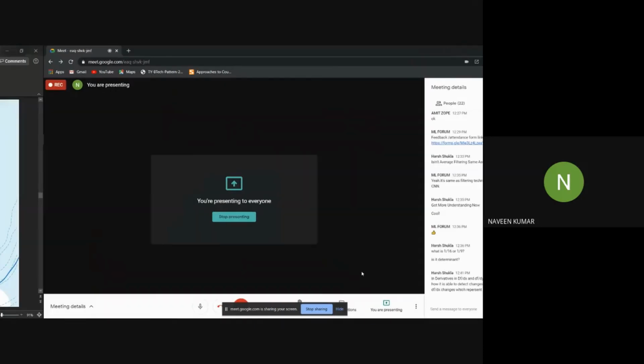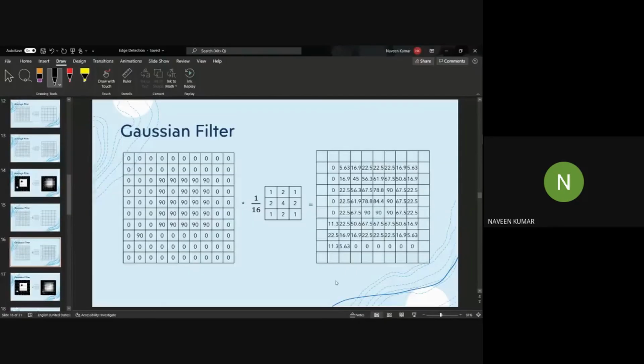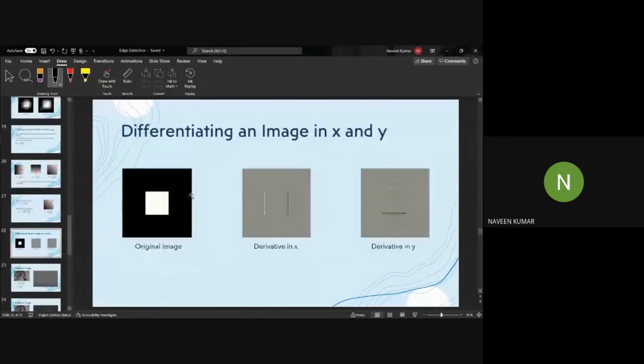So it is not detecting any edges in this direction. We can see in this figure, it is not detecting any edges here and here in the derivative of x, and in the derivative in y, it is not detecting any edges here and here. And if we combine both by calculating the magnitude, we will get both edges.